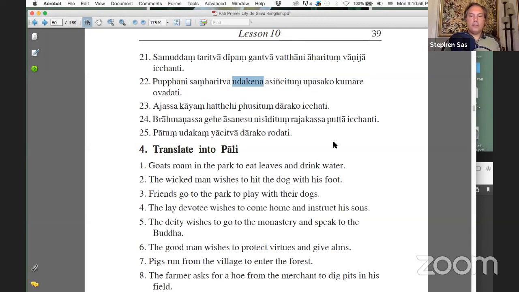Exactly. Thank you. So we have to go all the way practically to the end of this sentence to find our nominative plural, putta, the children, or the sons, and then we have our genitive, rajakasa, of the washerman, then we have our verb, ichanti, they wish, then we have our infinitive, nisiditung, to sit, we have our locative, on seats, and then we have another locative, in the house, and then we have another genitive, of the Brahman. Very good. And I think that covers it.